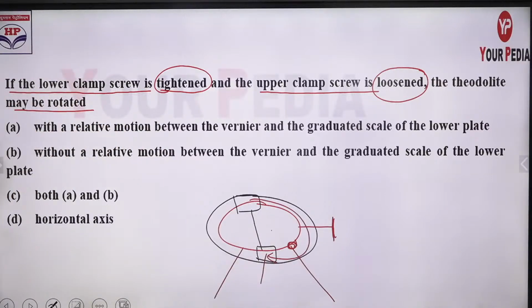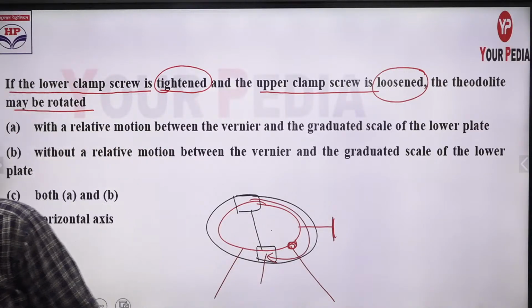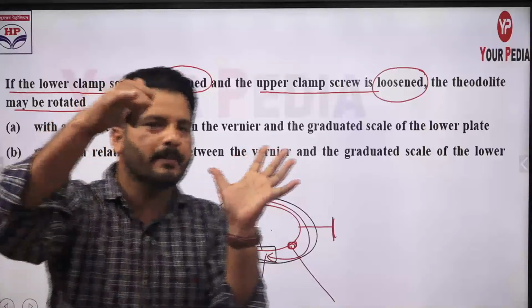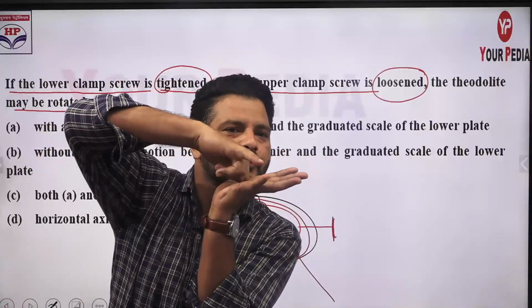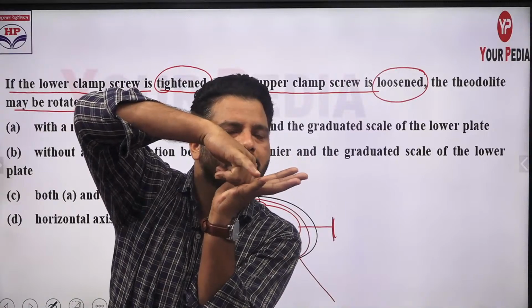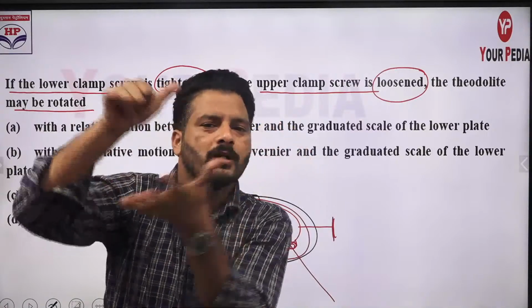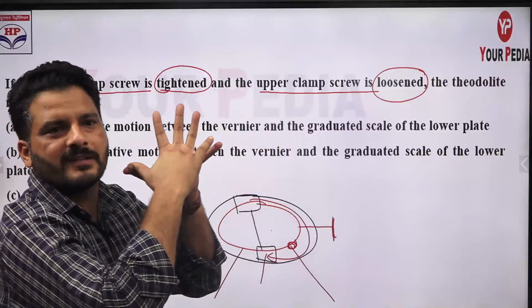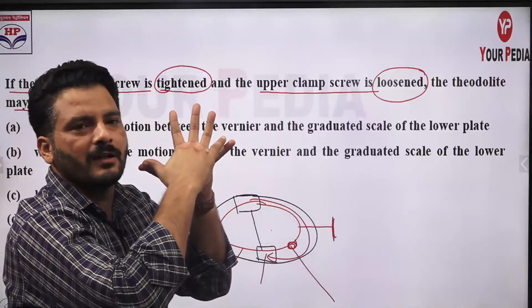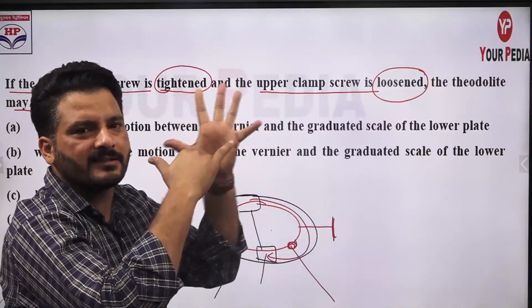So what will happen, guys? Suppose this is the lower plate and this is the upper plate, a kind of index arm. The lower plate is fixed and the upper plate is moving. Suppose this is 0 and this is 180, they are coinciding like this. So if the lower plate is tightened, not moving,